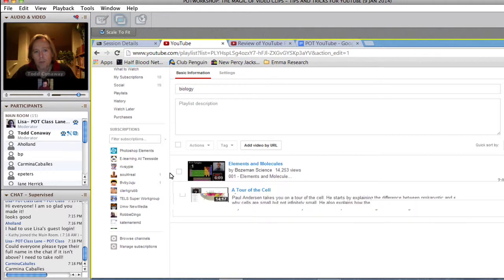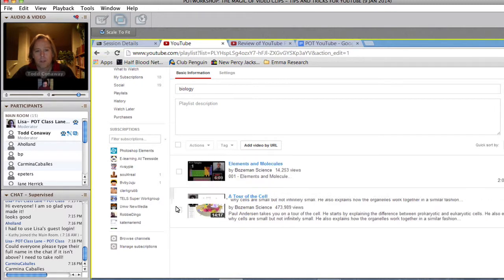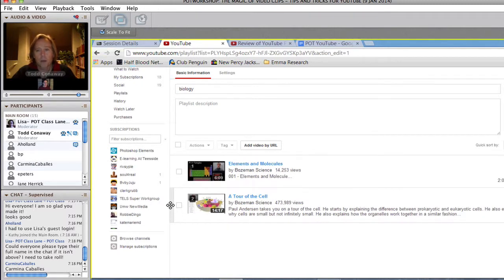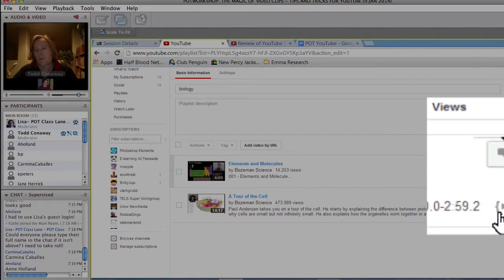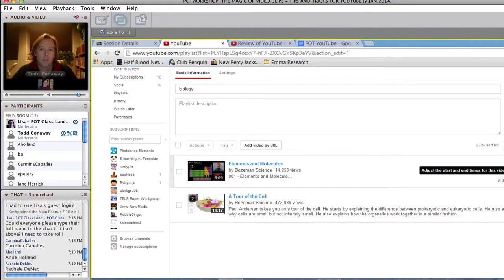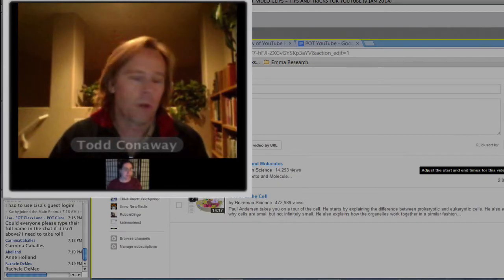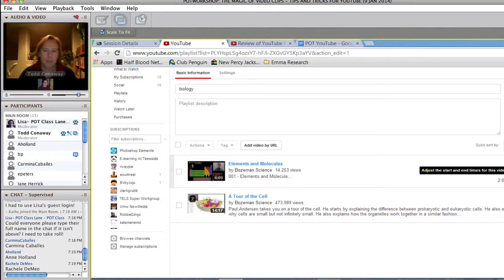You can drag and drop them to reorder them. So on the right, if you hover over the far left side of the video, you can move them up or down. And then on the far right side are a couple little icons. There's the note, and the one that we're going to take a look at here is adjust the start and end times for this video playlist. So imagine that you find 5 videos about painting or about multiplication, but a few of the videos you really don't want your students to watch the whole video. You just want to watch between 1 minute and 37 seconds and 4 minutes and 10 seconds. If you click the little editor over here,